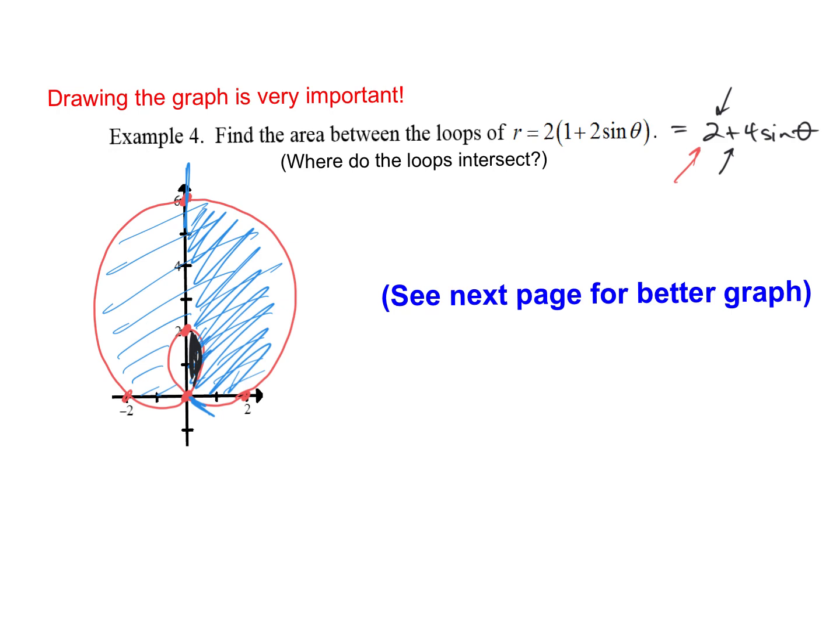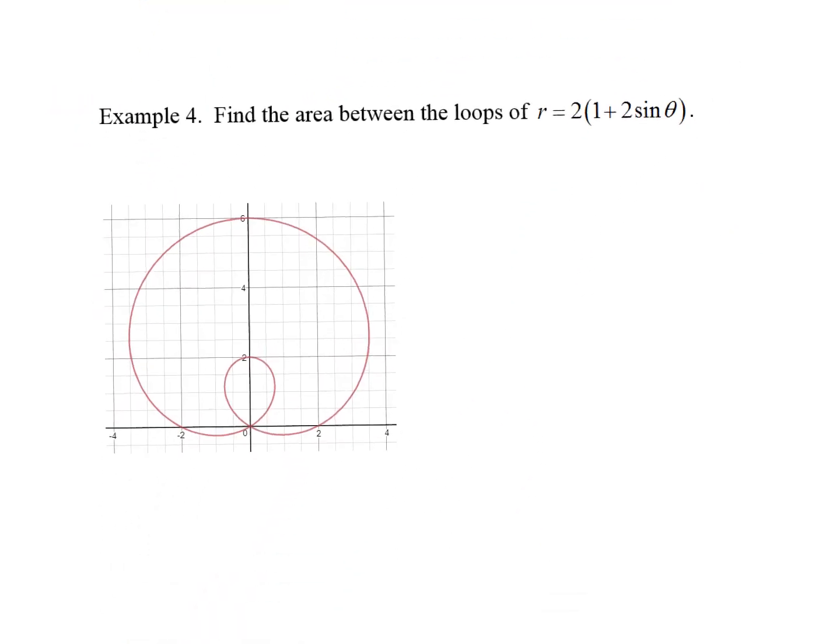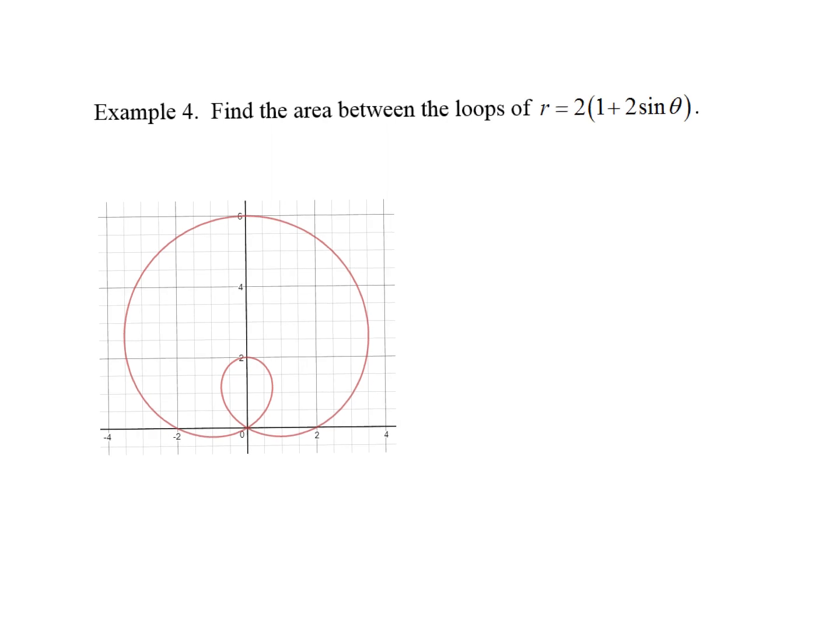So let's go down to get a better graph here. This is a better picture of it so we can see what we're doing. It's kind of like I have 2 functions here. Where are the functions crossing? Well, the inner loop and the outer loop are intersecting right here where r equals 0, right? Where the radius is 0, that's at the origin. So I'm just going to put in a 0 for r